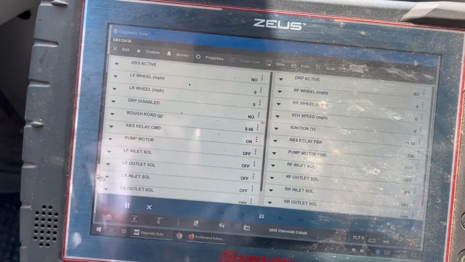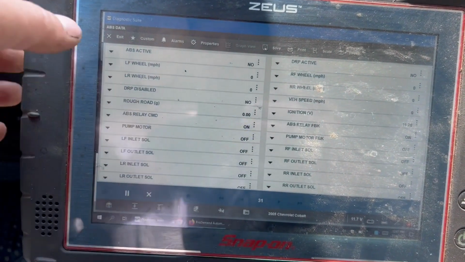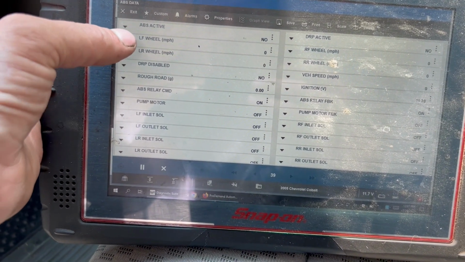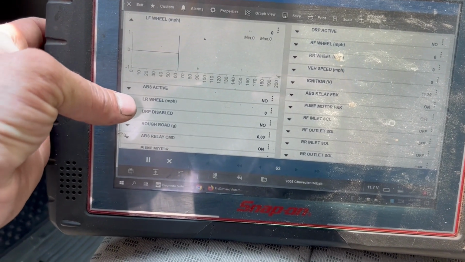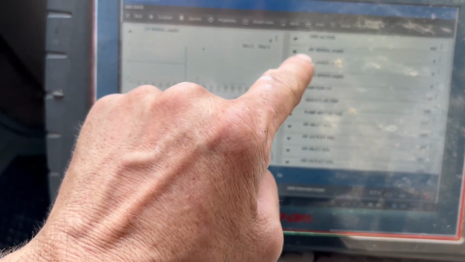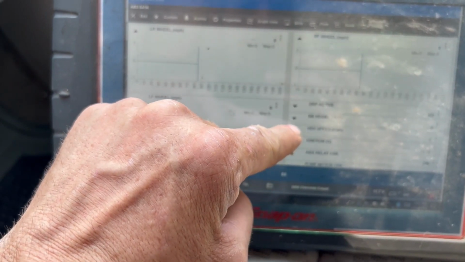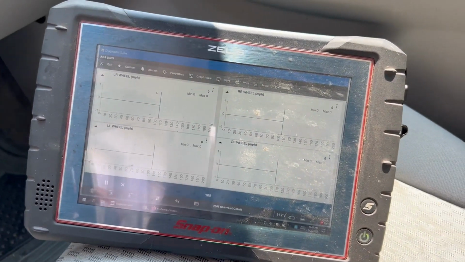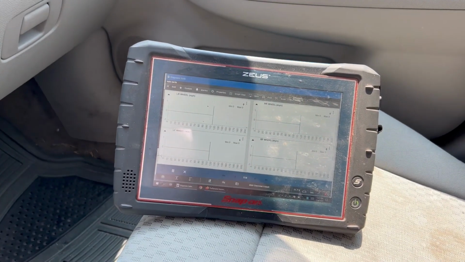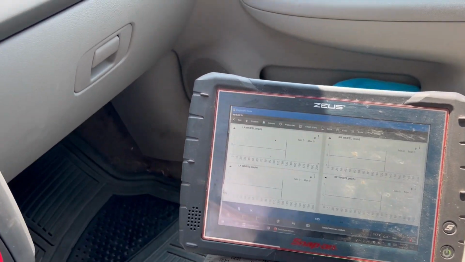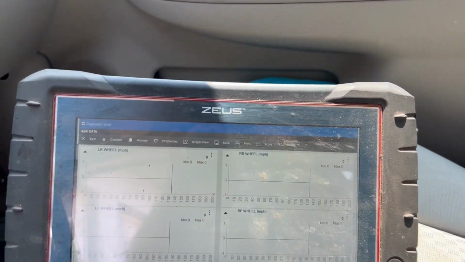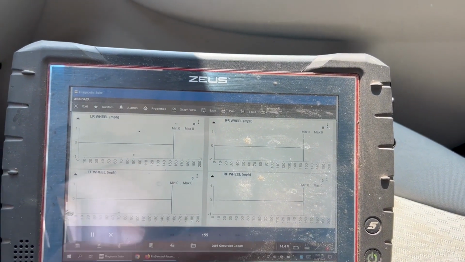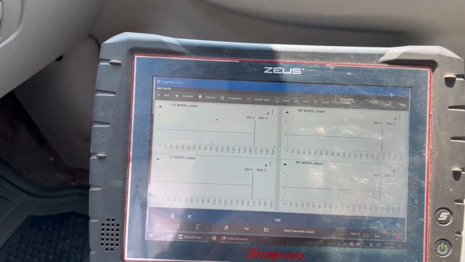Okay, so I pulled up the data, and here are all my different wheel speeds. So I'm going to open these up and turn them into graphs. Okay, so I have all my wheel speeds set there. And now I'm guessing that the left front is going to have a glitch because that's the side that the code's set